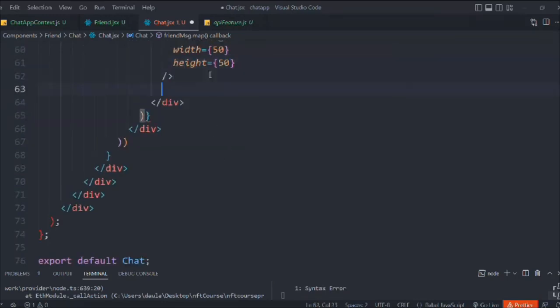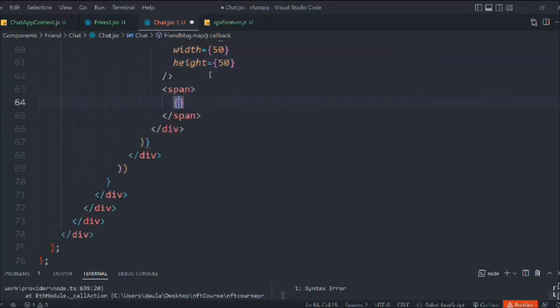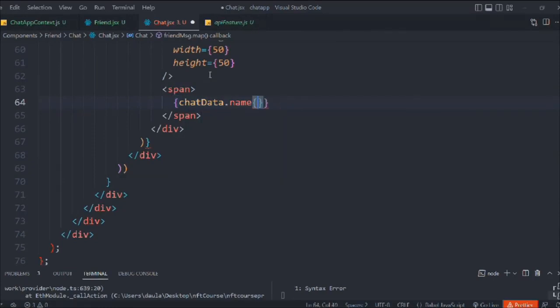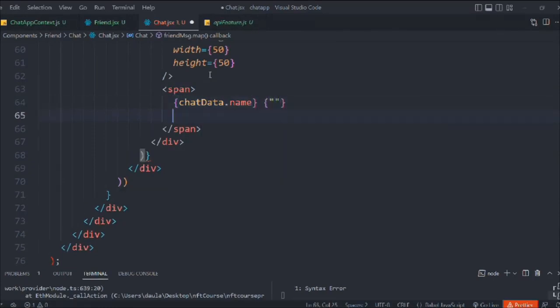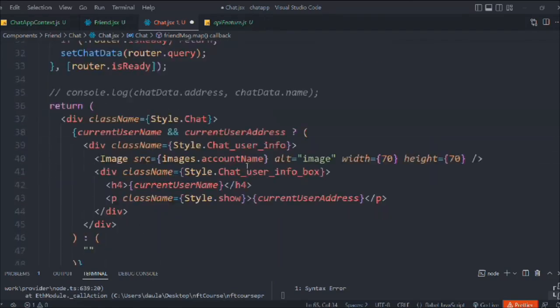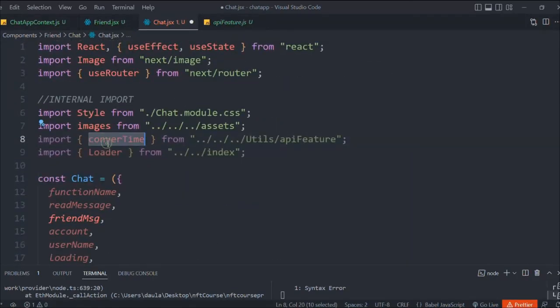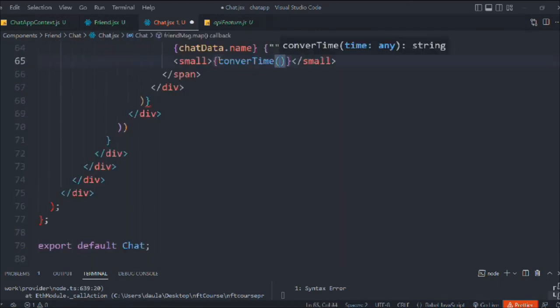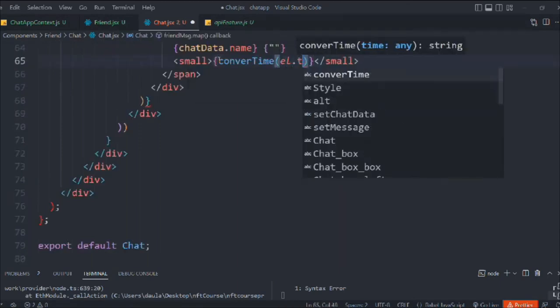and down below we're going to take this span, and in that we're going to display this data, name of the user, and I want to display the, let's say, time, okay, when the user is sending the message. So we're going to call the function. So let's take this, and here we have the function. Remember this is the function we have imported, that's what we're going to use. Simply copy and call the function, and in that we're going to pass the timestamp. So element dot timestamp,